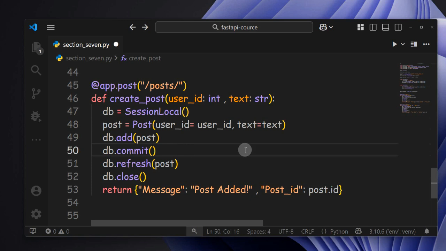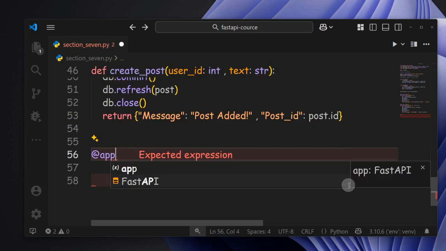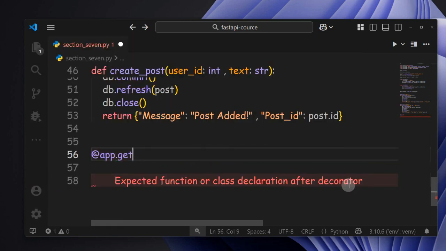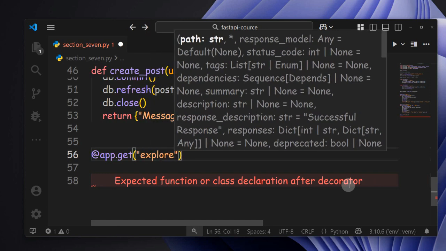Let's finish with the feed, or the explorer, of our Instagram. For creating an explorer for our Instagram API, showing all the posts by users, we'll make a get endpoint to fetch users' posts from the database, and let's think how we can do it. The first thing that we know is we have to create an endpoint with the GET HTTP method and define a path for it. So I'm going to say explore,